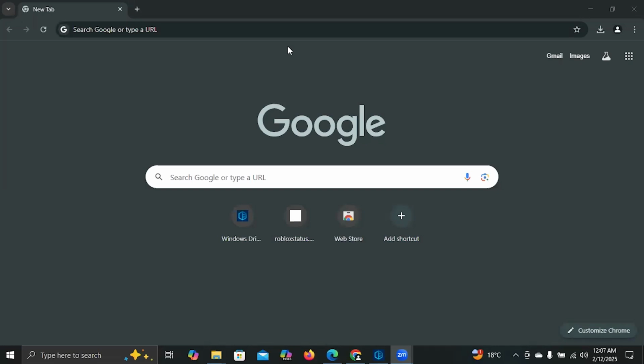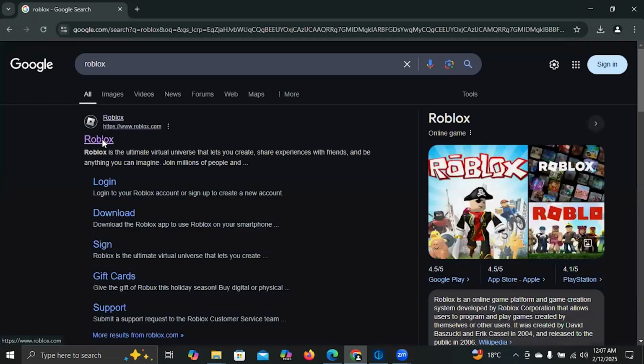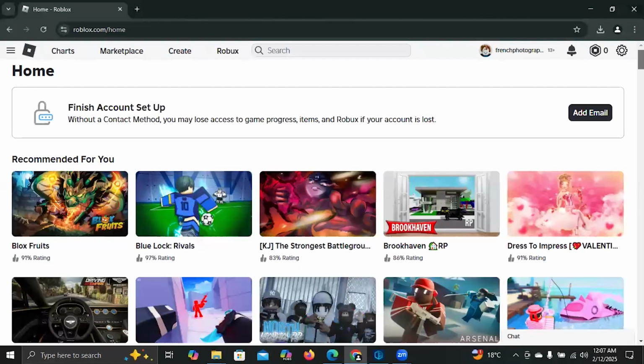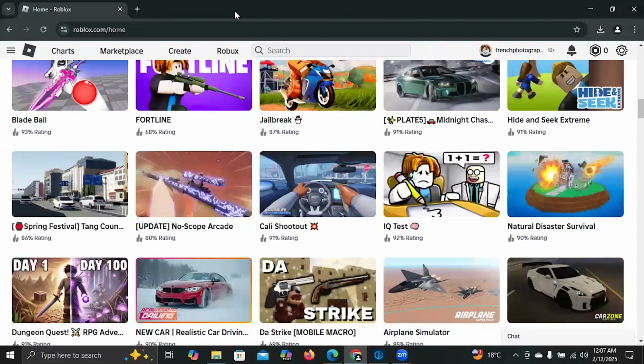So today I'm going to teach you how you can fix Roblox status which has not been charged. So on to the first step, you're going to go to Roblox as it's here. You're going to check whether that problem has been fixed. Okay, let's wait for it to load. So if you are unlucky and you find out that it has not been fixed, you're going to go to